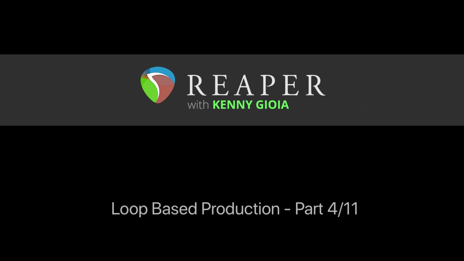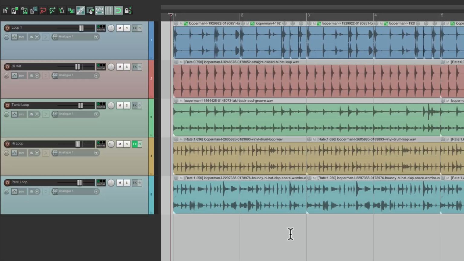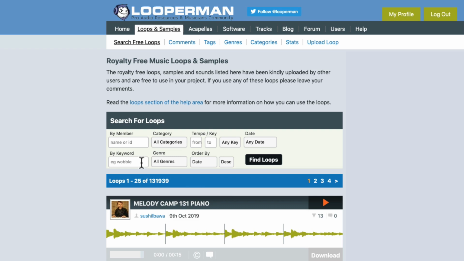In this video series, we're going to learn how to create a loop-based production in Reaper. Next, we're going to bring in some musical loops, starting with bass. Let's go back to the website, and we're going to search right here,